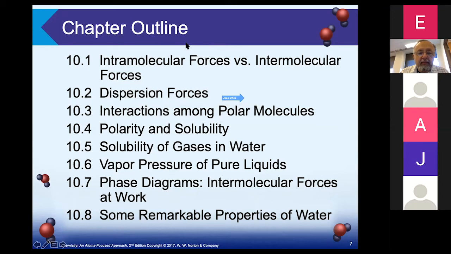Last time we were discussing intermolecular forces versus intramolecular forces. Intra is within the molecules, and that is what we called covalent bonding last semester. Intermolecular forces are forces that exist between molecules and atoms. And therefore, because molecules